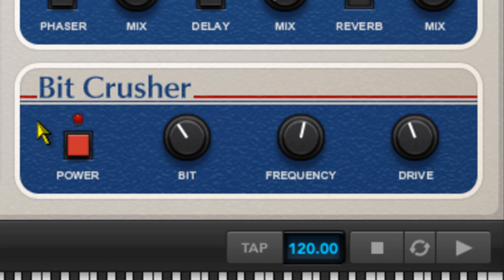Finally, down here you've got the bit crusher, and that's a useful tool. Doesn't always work on most sounds. Sometimes it works better on others, and it really does. It dirties the sound up and makes it a lot more gritty. And you turn this on, and then you've got a bit control